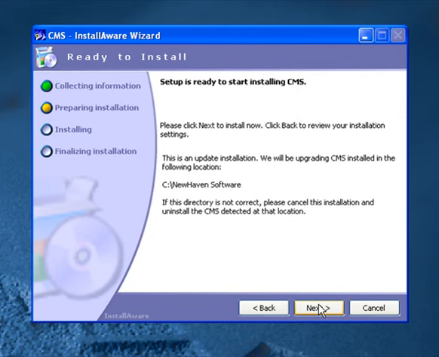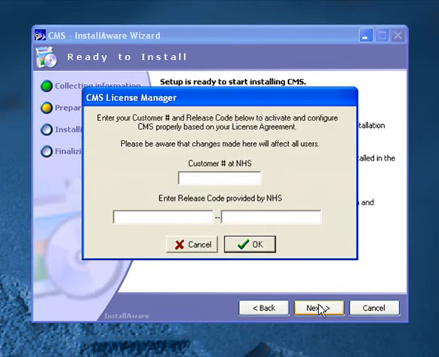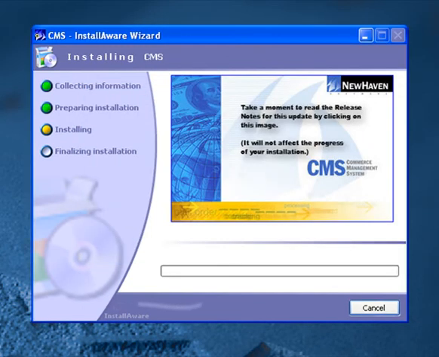We are now on the CMS License Manager page. Please enter the license code that you would have recorded earlier when downloading the CMS installer. This code may have also been provided to you when you initially signed up with CMS support. You would enter your customer number here, and then the actual physical license code in these two boxes here. After you've entered that license code and hit OK, you are then presented with the Installing